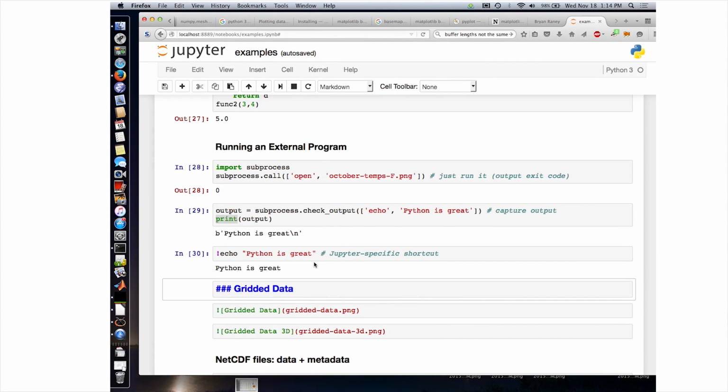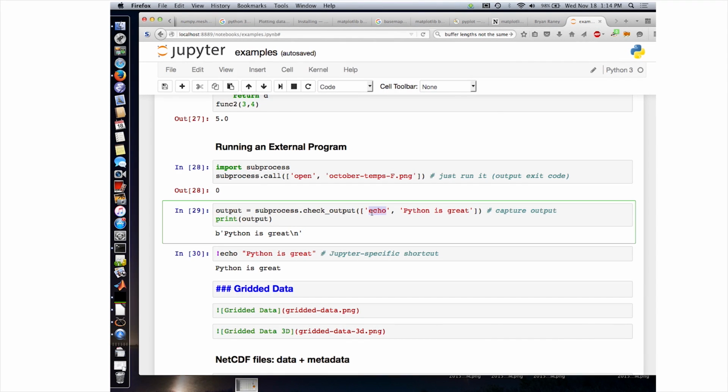In 29, where did the B and the slash end? Okay, so the echo command prints the line with the return character after it. So the backslash n is the return character. And then the B and the quotes mean this is